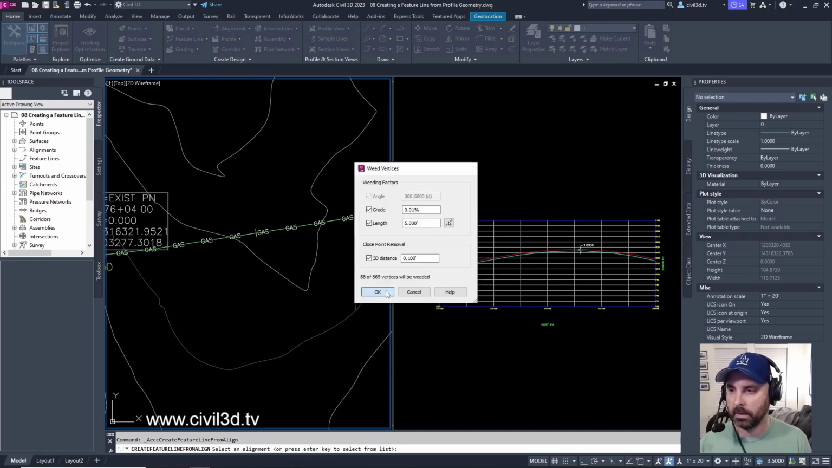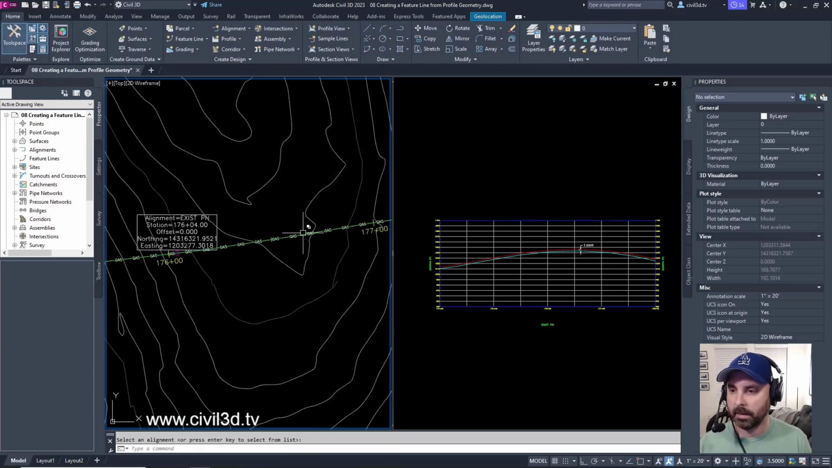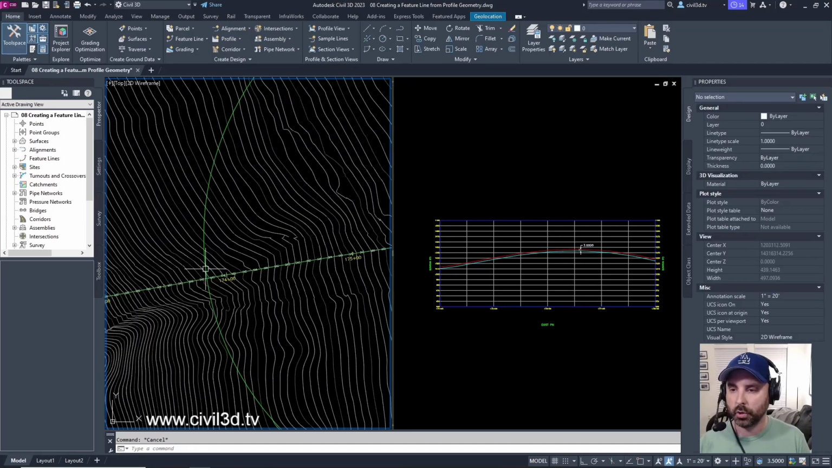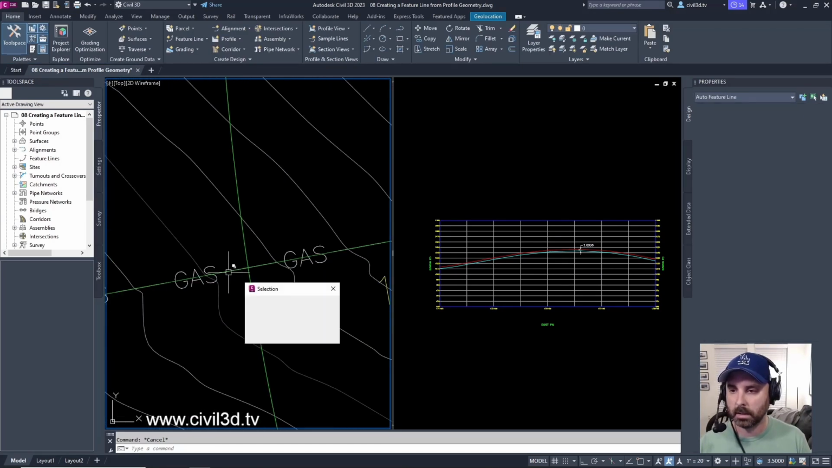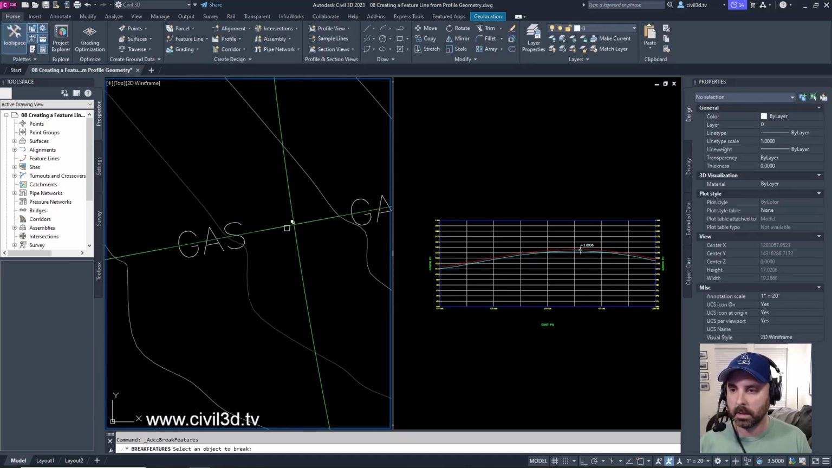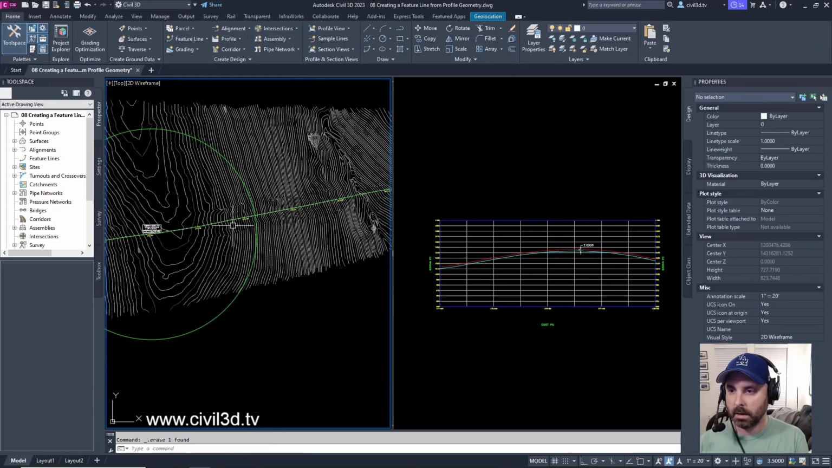I'm going to click OK for this dialog box right here. And if I zoom out, I now have my feature line. I'm going to go ahead and trim out my feature line. Select this break tool. I'm just going to randomly break my feature line out here